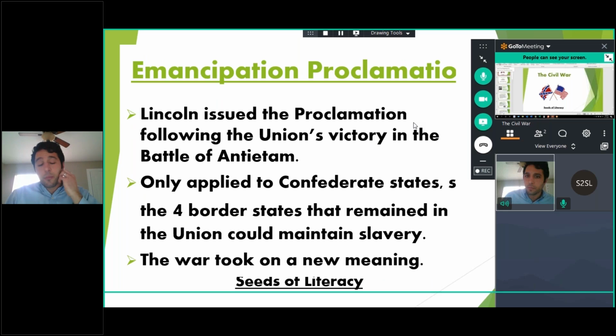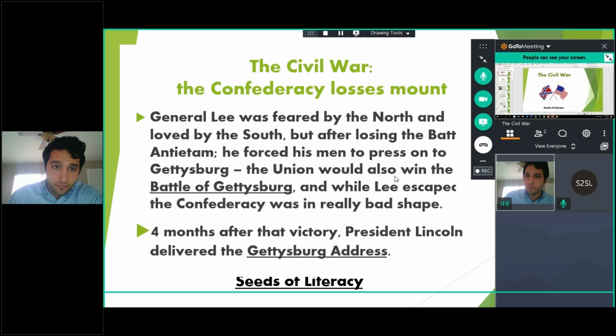This came right after the Battle of Antietam. This was the bloodiest battle of the war. Both sides lost a lot of their armies. They were both in really bad shape. Frankly, this was a big blow to General Lee and the Confederate forces, but they had still won a lot of battles. So Lincoln was really just taking this as an opportunity to give the war a new meaning and a new purpose, and really to get the Union troops united to end this thing once and for all.